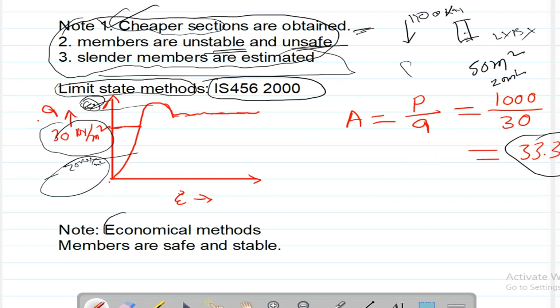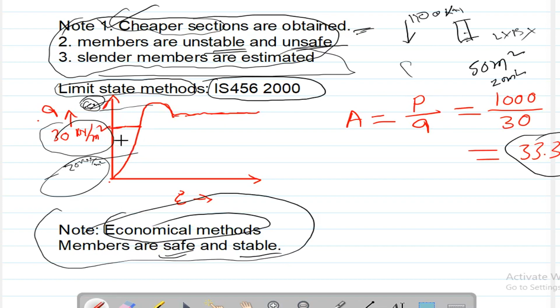That's why we can consider it economical. Also, since we are not considering the extreme point or the lowest point, the members will be safe and stable. So we can overcome both points if we consider an intermediate stress. So this is the basic difference between limit state method, ultimate load method and working stress method. This is the main